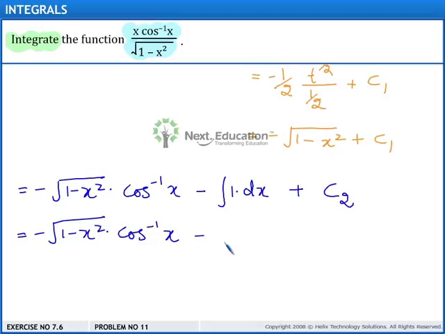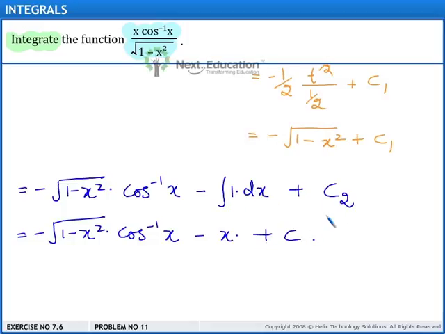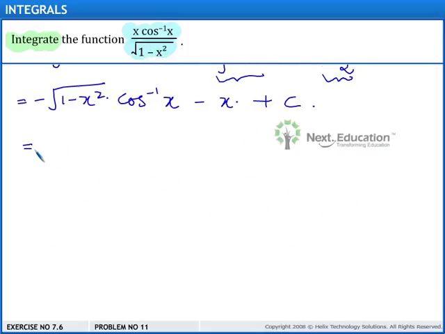From here we get minus x, since the integral of 1 with respect to x is x, plus the constant c, where c is the sum of the constants c2 and the constant obtained on integrating 1 with respect to x, and this is equal to minus square root of 1 minus x square into cos inverse x